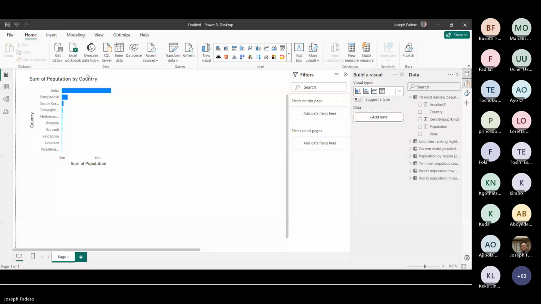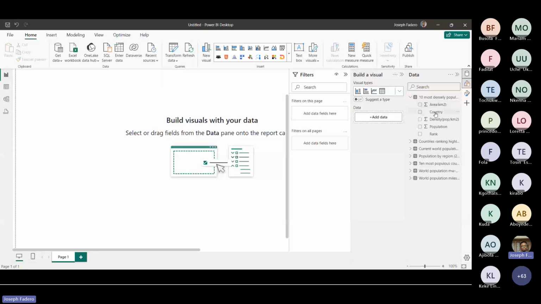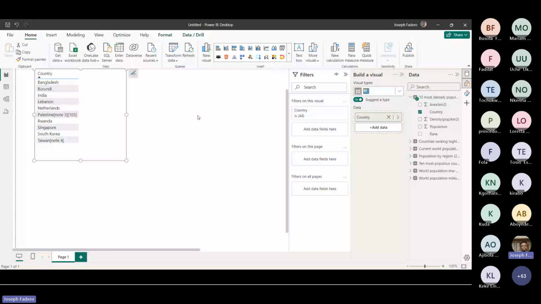Okay, so it's quite simple. What I did, apologies, I think the network in Nigeria is currently affecting me a little bit, but you can drag your country to your visual tab. The way you drag and drop into a pivot table, that's kind of how you build your visual in Power BI. I can drag this as well too. I can check this as well.